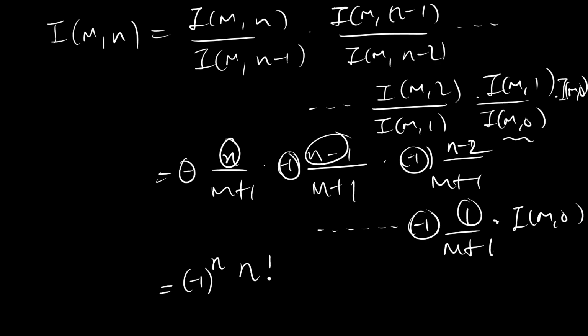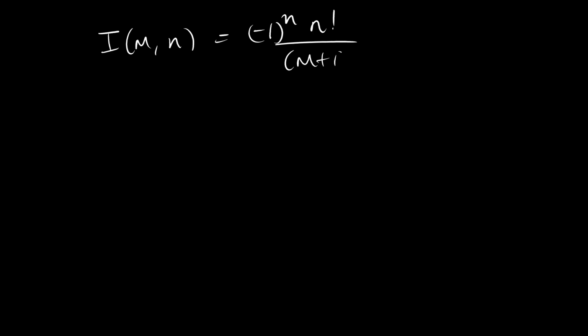n, right, to the power n over m plus 1 times I_{m,0}. So we have I_{m,n}, we've found it to be negative 1 to the n times n factorial over m plus 1 to the power n times I_{m,0}, or I_{m,0},